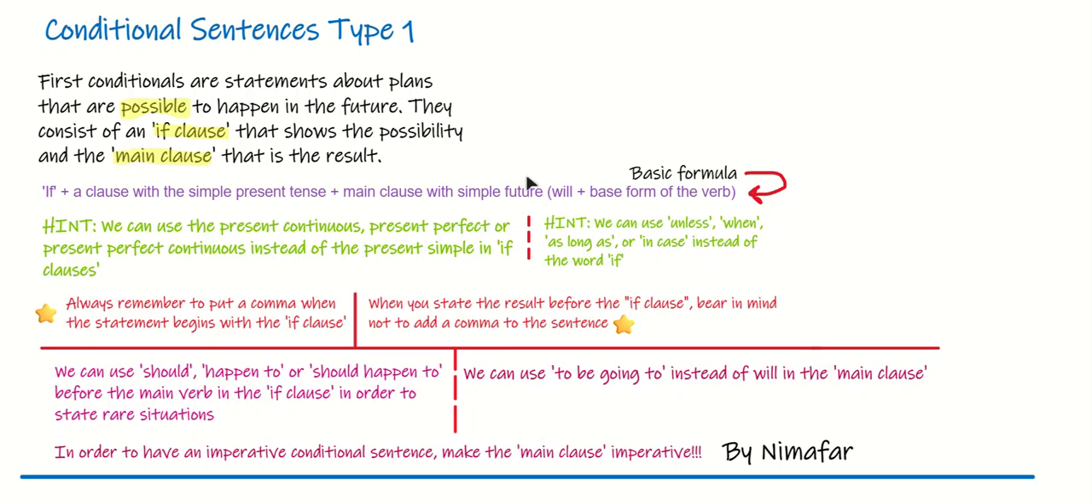So here in purple color, there are 3 tips which are advanced tips, and these are not beginner or intermediate anymore. These are advanced, and we can use should, happen to, or should happen to before the main verb in the if clause in order to state rare situations. For example,